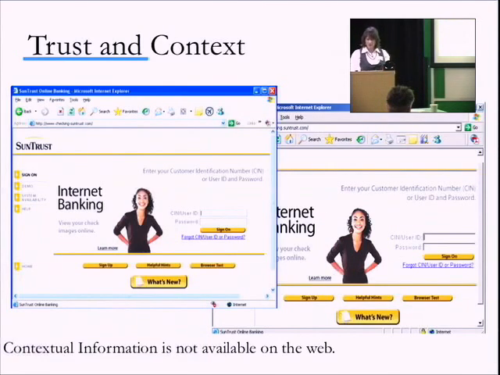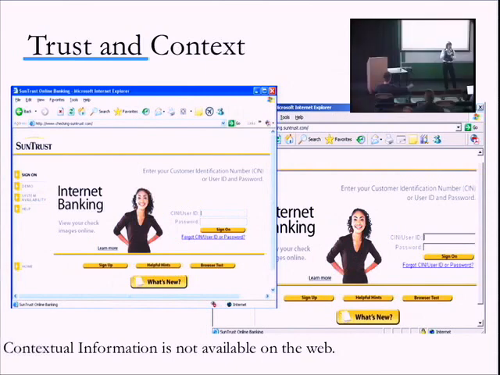So, here we have trust and context on the internet. Here we have two things that are arguably more different than the comparisons I've just shown you, because one is the front of a bank, like the Berlin Bank, and the other is actually the front of an organized crime syndicate in Eastern Europe. So it probably wouldn't be that hard to distinguish between being in Eastern Europe at an organized crime meeting and being at my bank, because they're contextual.